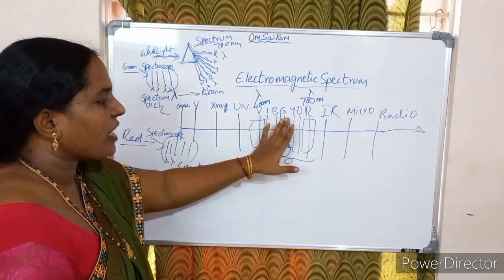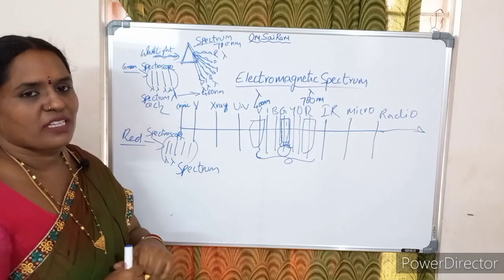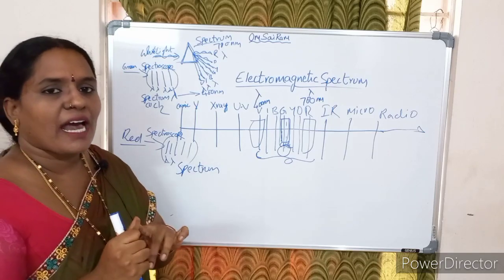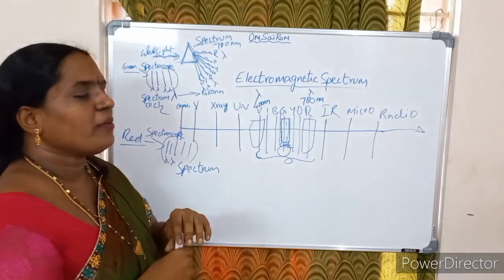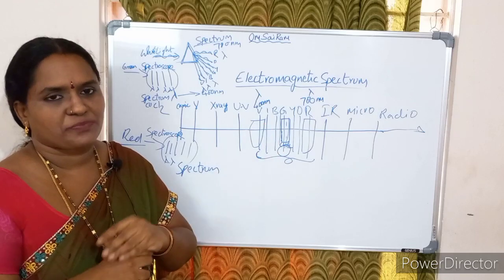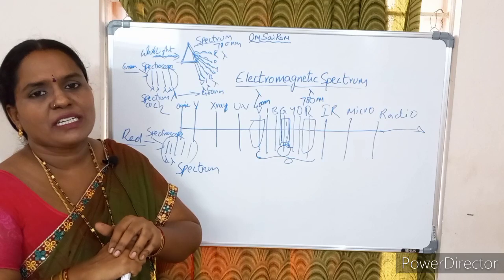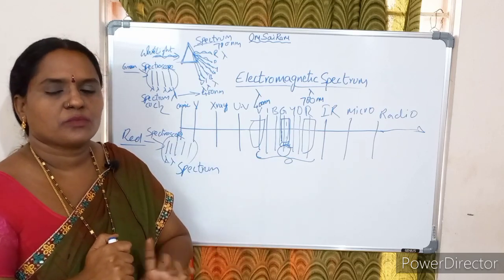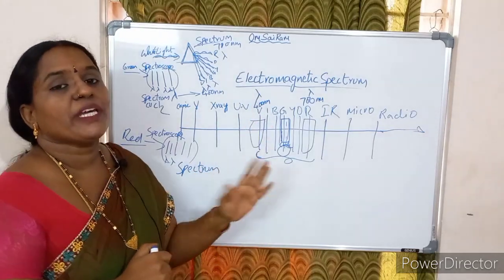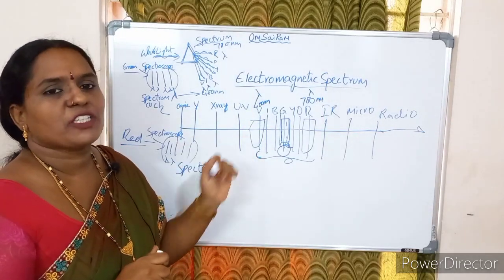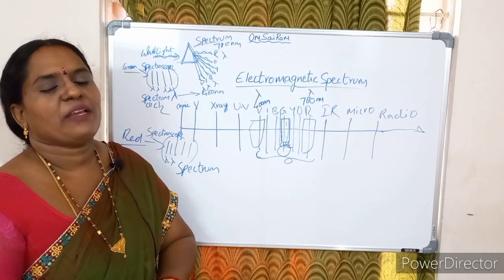These spectrums of elements are similar to the fingerprints of human beings. Every human being has their own fingerprints. Similarly, every element has its own spectrum. The spectrum of a particular element is different from the spectrum of another element. No two spectrums will match. They have their unique spectrum. By identifying the spectrum, we can know the characteristics of the element. We can identify the element.